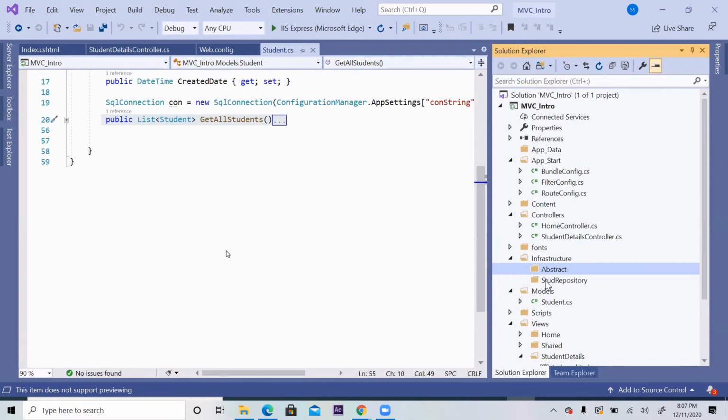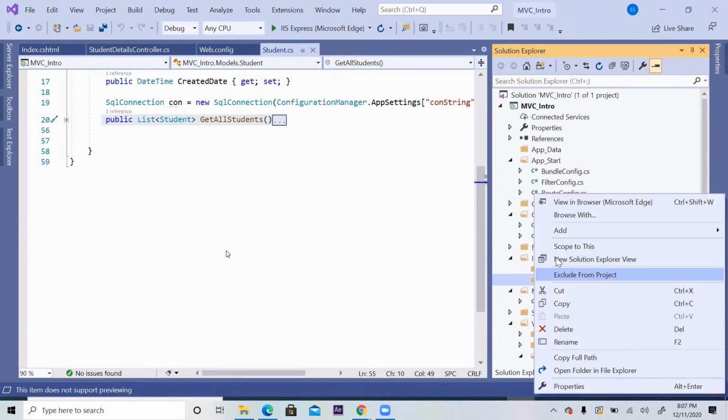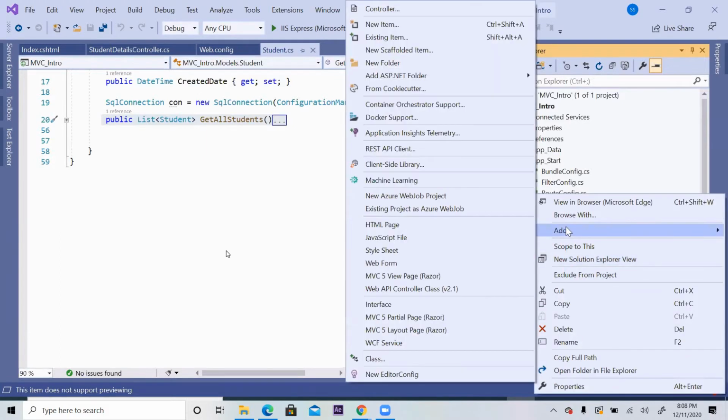So without an interface, MVC doesn't suggest even a simple workflow, because here security also matters, and we know interface is for abstraction, and any level of security we can provide with the help of abstraction. So let's create one repository class, and that should be implemented from some interface, at least one interface.